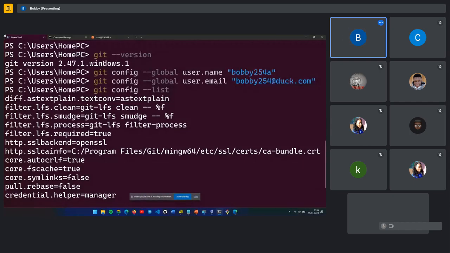So it's git dash version, to confirm the version. It will give you something like this. If this is a different version, for now, we will show you how to update it as we continue. As long as it's able to give you a version, that means you have Git installed. Then you configure your username and your email. Up to there,